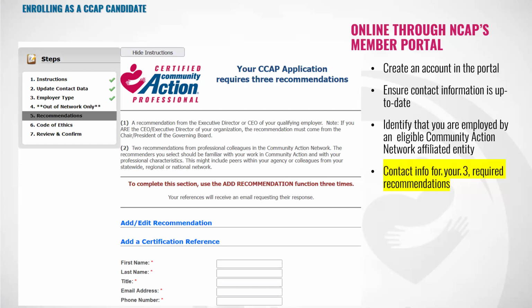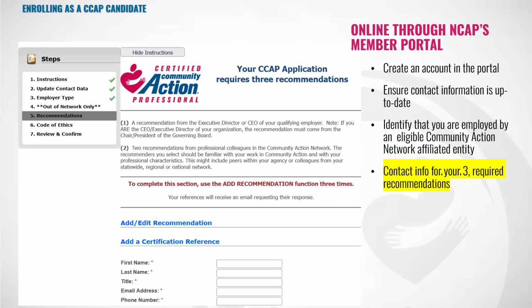So I'm telling you now that when you fill out your application, your first source that you should put in, just to make sure you get it there and don't forget it, it's going to be your CEO, your executive director, position that means the same but goes by a different name. Or if you are the ED, it will be your sitting board chair. Those are required.